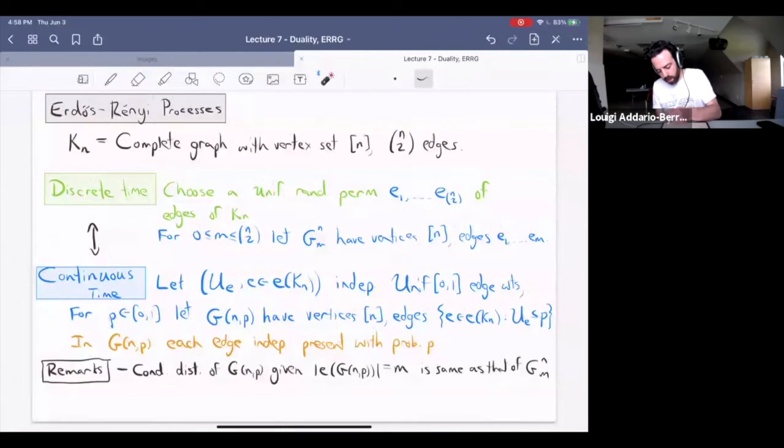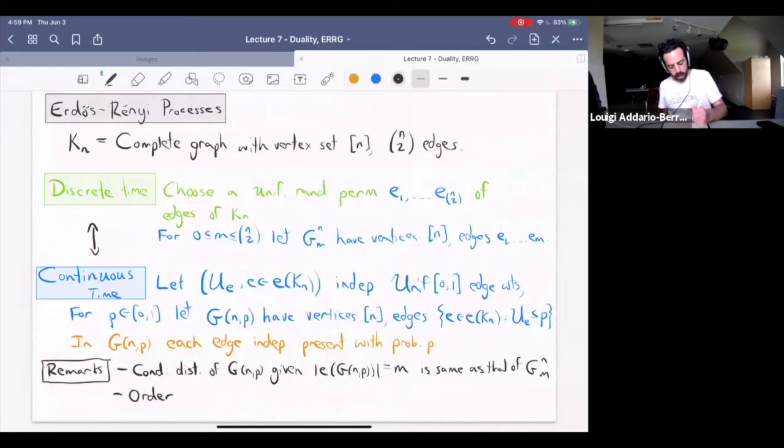Right? Because the edge weights are exchangeable, so if I tell you that m of them are at most p, which m are at most p is, I mean, any m of them are equally likely to be those that have weight at most p. Okay, and so that's one connection between the two. That means that we can get results for G(n,p) from results for G(n,m) by averaging out over m, right? So if we want to go from here to here, we would be averaging out over the random number